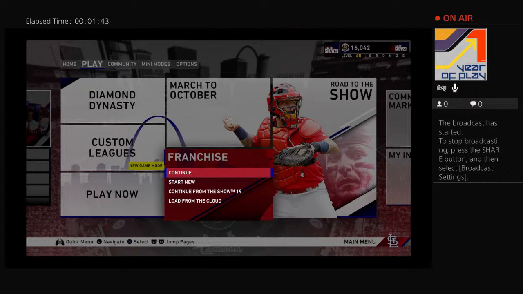So you go into franchise mode here. You're going to hit start new. You can either do current rosters, default rosters, or load saved rosters. We're going to use current rosters,